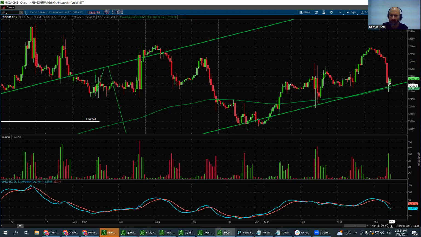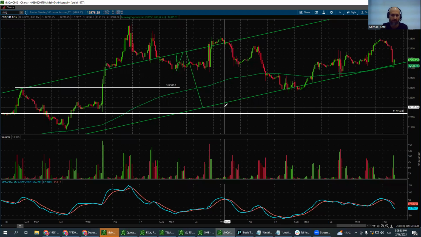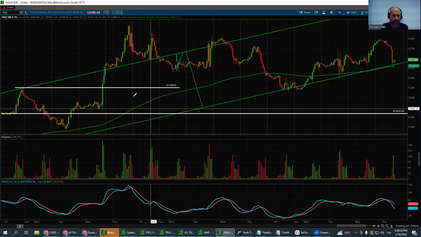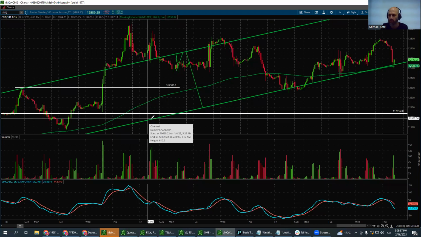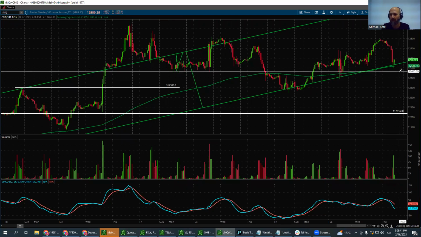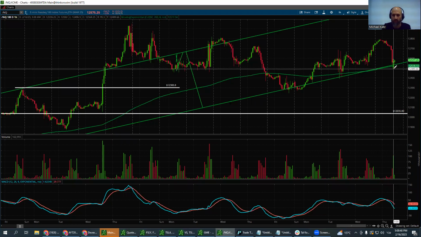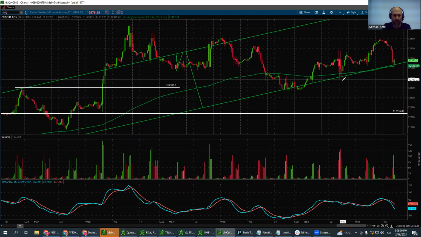So we've got those two that help the price basically bounce up. Buyers are buying it around the 200 EMA. Of course, I'm not the only one that has this channel on the chart. So a lot of movement, and it's also 12,500 on the Nasdaq, a round number that also helps bring more buyers to the table.